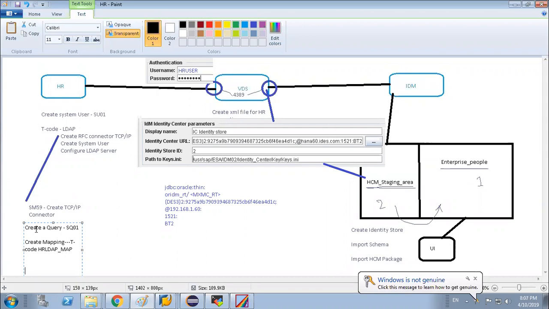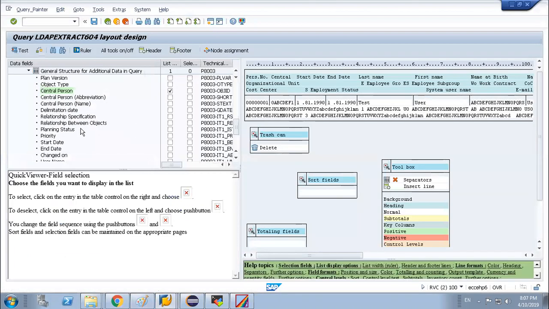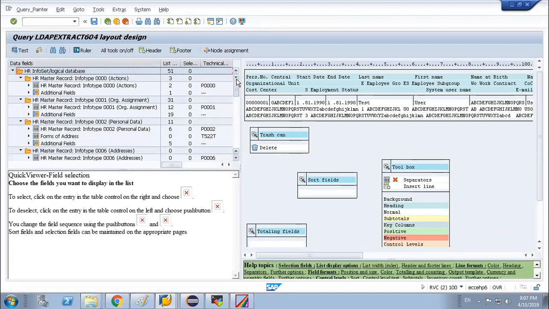If you don't want to put any kind of filter, whatever data is present in your HR system, if you want to put that data into your IDM system, you can do that. So there is no need to give any filtration. Next, what we have done: the query is built up, with the information we will be sending into the IDM system.